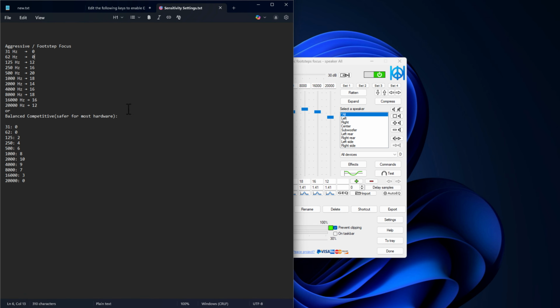For the people who feel like this setting is louder, go for this second option. As you can see here, you can find these